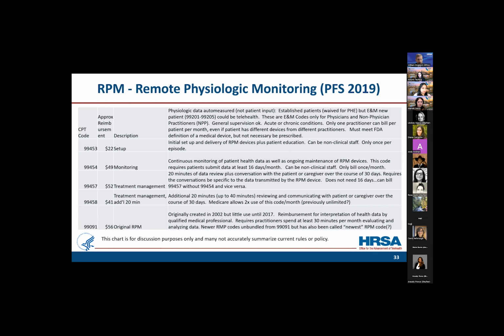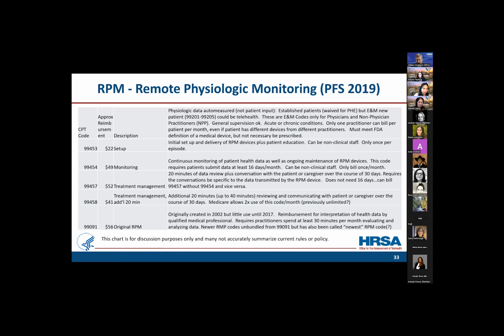So I then looked for a nice table of all RPM codes and RTM codes out there, and sort of what they are and what they on average may pay. And I couldn't find a really good table, so I started assembling one. And this in particular, I want to say is for a discussion item only. Don't take what it says here as the gospel and say, CMS, why didn't you fund this? Because Bill said this was fundable. That's absolutely not the case.